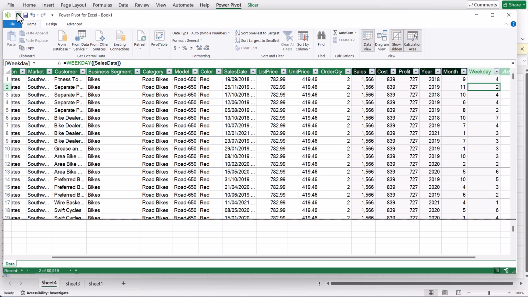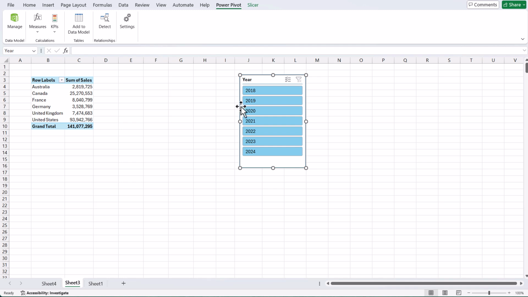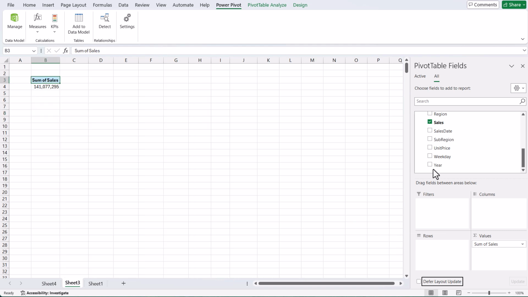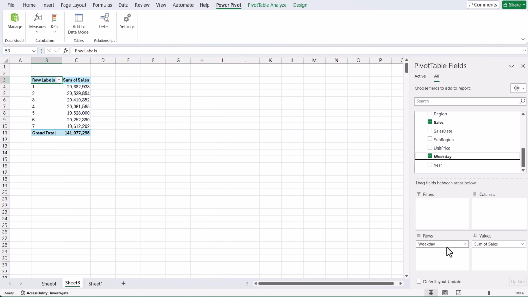Again, if we go back into Excel, let's look at a bit of analysis. Let's just remove the slicer and let's go back to these fields. So you can see all of these fields are now being added back in real time, back into your pivot tables. Again, if you know your pivot tables in Excel, often you have to do a refresh. But when you're working with Power Pivot, there is no refresh, it automatically updates. So let's take the sub-region out on this. Let's use our weekday. And with your weekday, you'll see that you get day 1, day 2, day 3, day 4, day 5. Now it's difficult to know, is that a Sunday, or is it a Monday, or is it